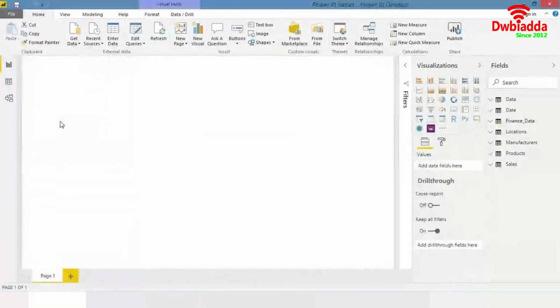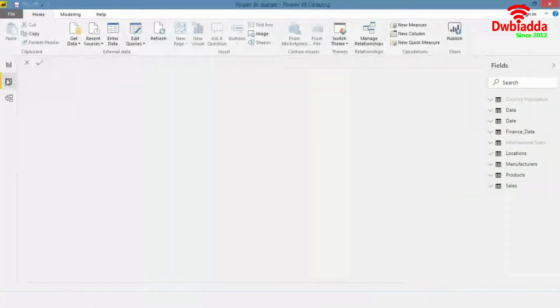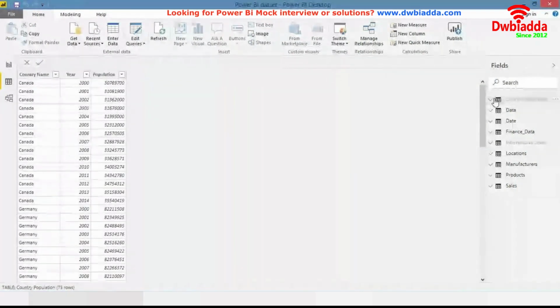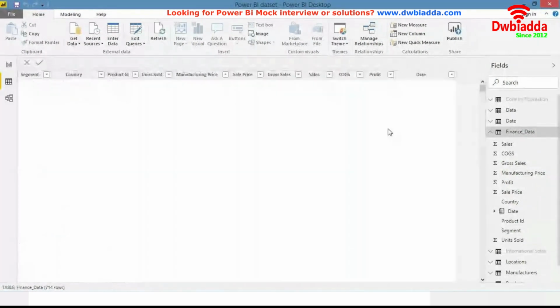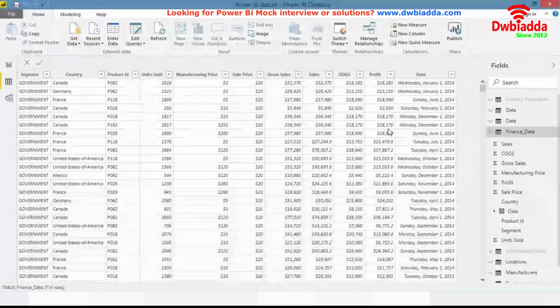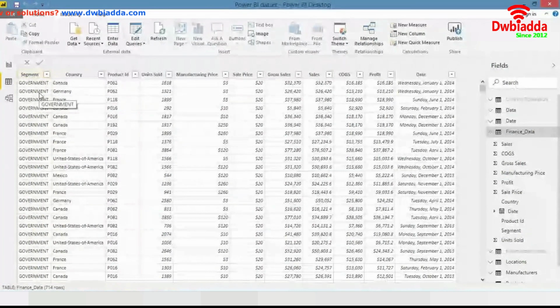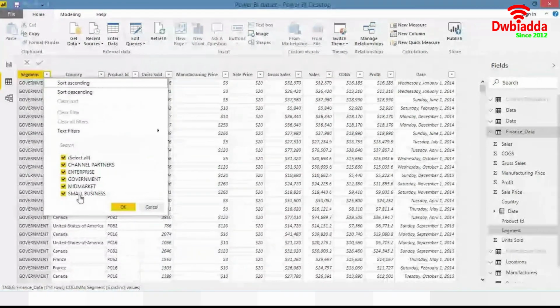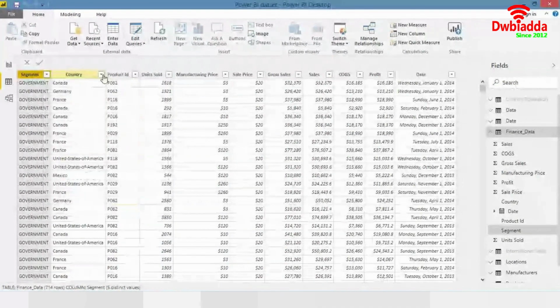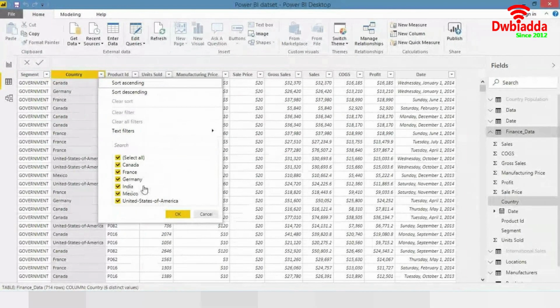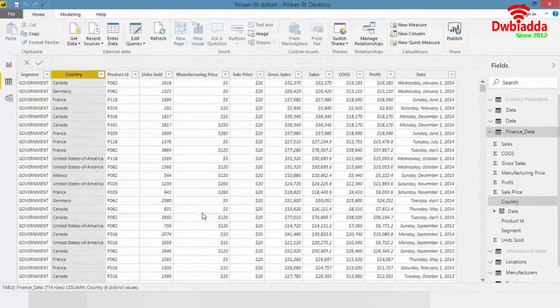This is the data view. So this is going to give you all the data that is available in the model. After doing all our transformations, this is the table that we are going to get. All the transformations that we did, for example, we converted the first column into uppercase, so we have all the things in uppercase. We introduced a hyphen over here. We added a country, India, over here. So it is all there intact in this data model. So this is how your data would look.